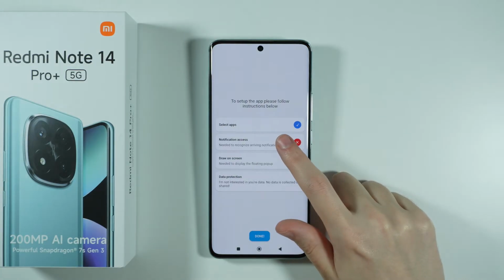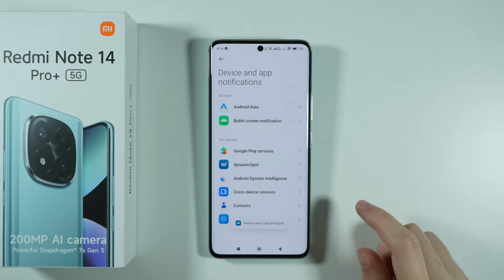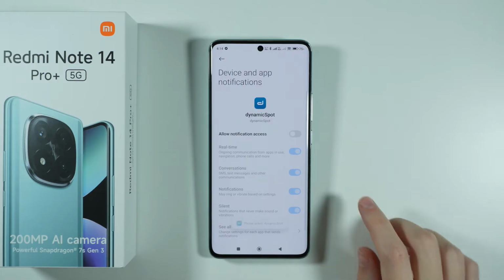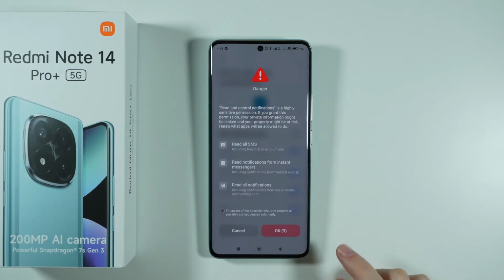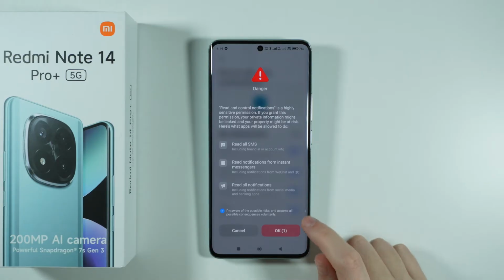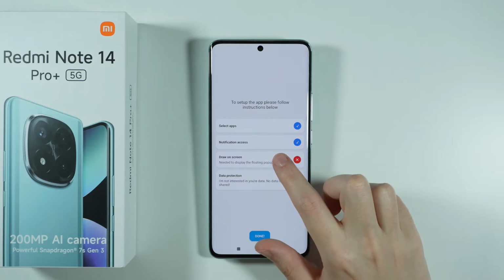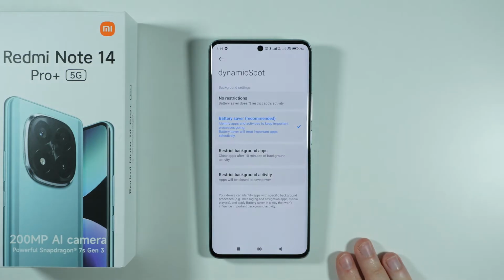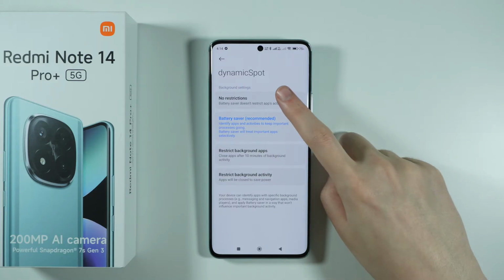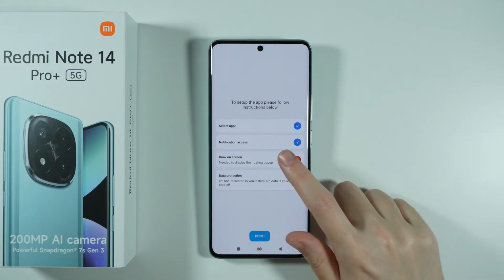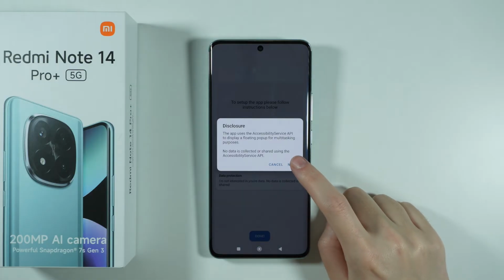Then we need to provide notification access, so press over here, and then go to Dynamic Spot and allow notification access. We need to select that you are aware of possible risks, and let's wait for the OK button to be able to press it. There we go, press OK. Now we need to also allow the app to draw on screen, so let's tap that option, and then over here we need to select no restrictions. Once again, press next,